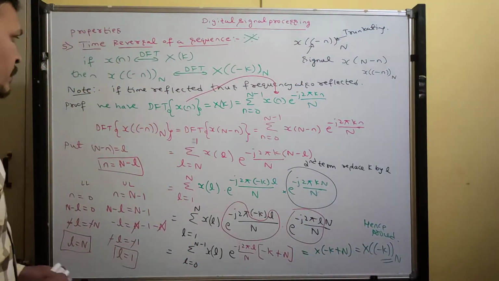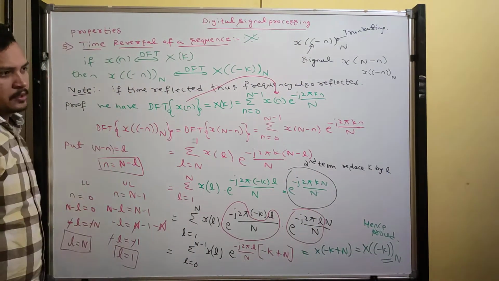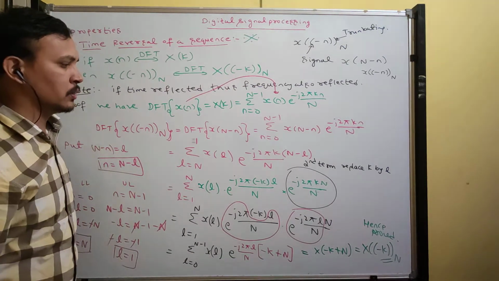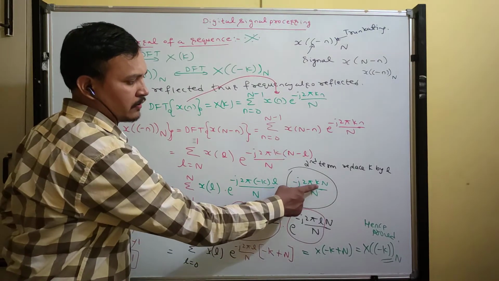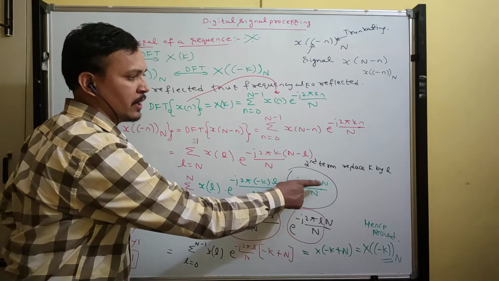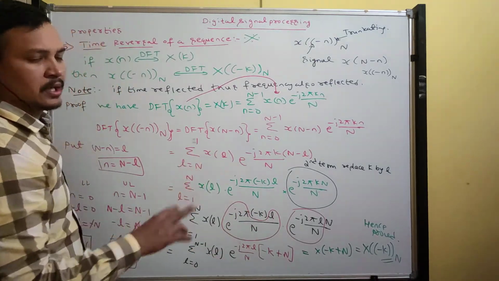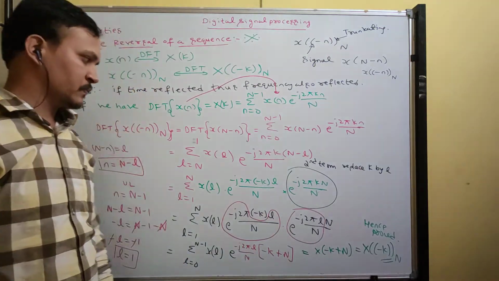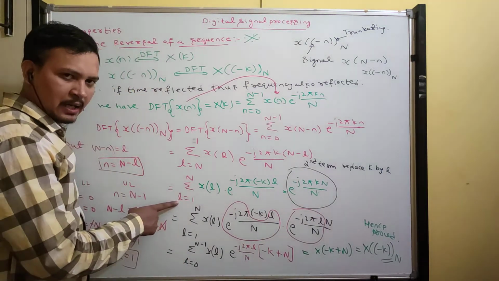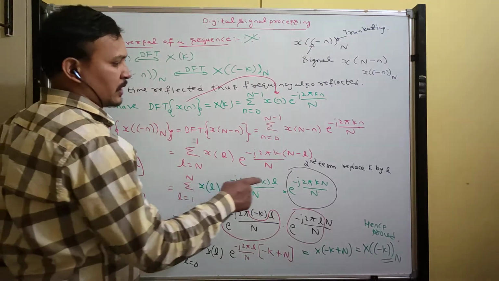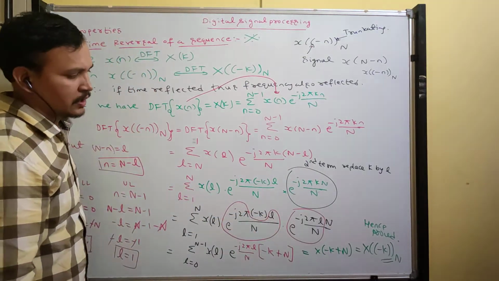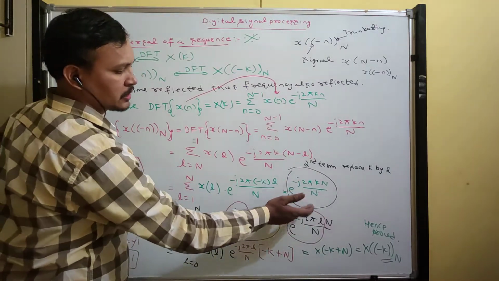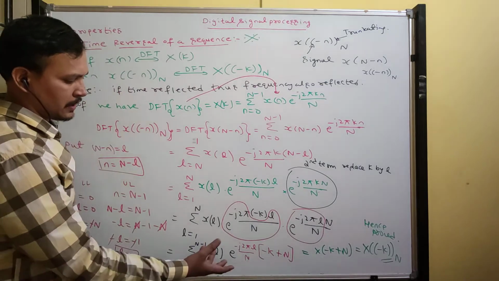Understood, guys? So remember, if time gets reflected, then frequency also gets reflected. You should remember this term I modified with a new integer, replacing k by l, because both are integers, you can put any value and you will get the answer. Since we have the limit l, the new variable is l, so I want to modify this with the new variable l. If I replace k by l, nothing will change. Both are the same only. Later I arranged it into the formula.